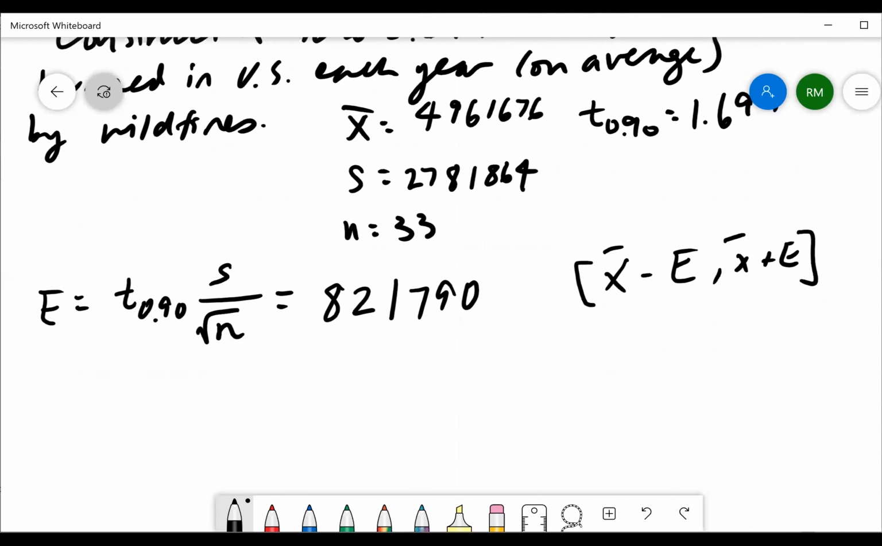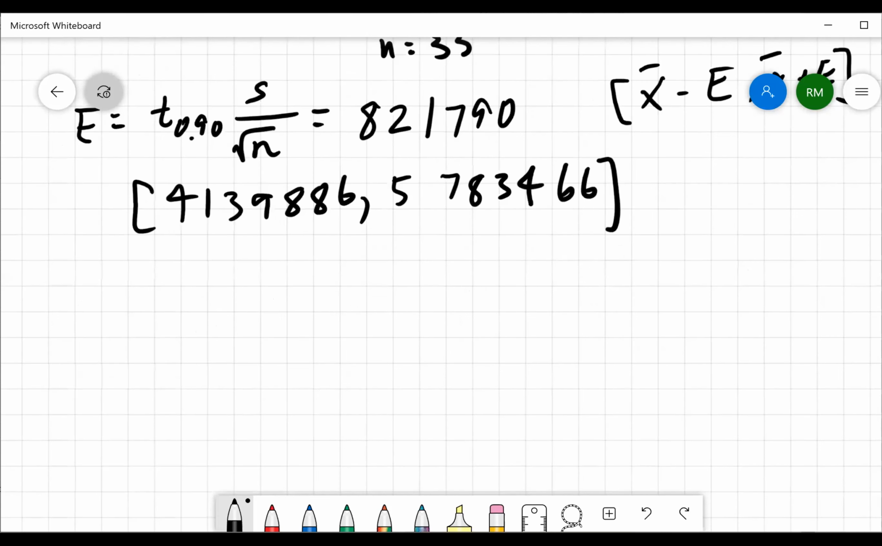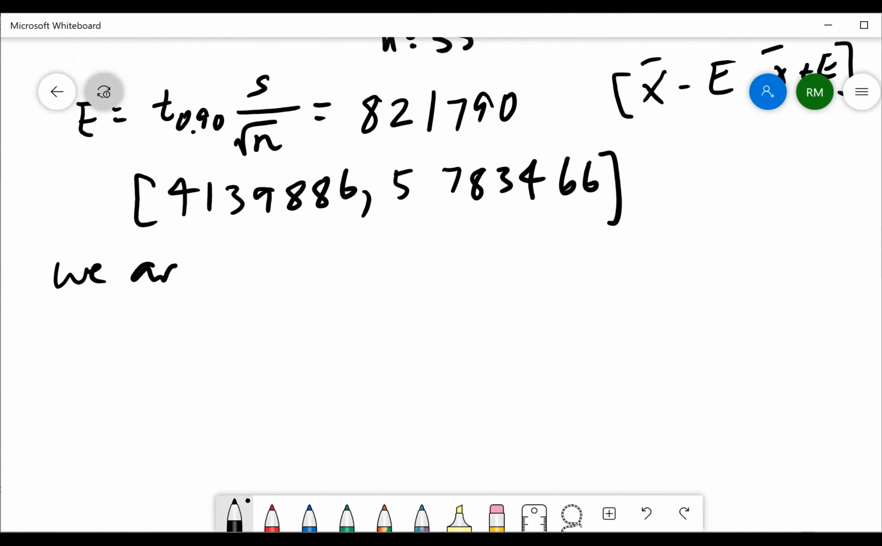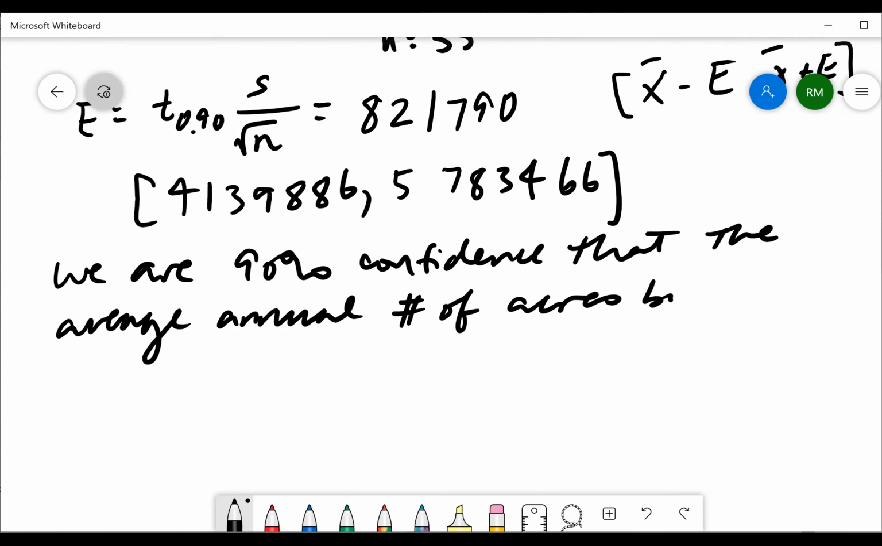Okay, I think what we should have gotten is 4,139,886 and 5,783,466. Okay, so what is this telling us? We are 90% confident that the average annual number of acres burned by wildfires